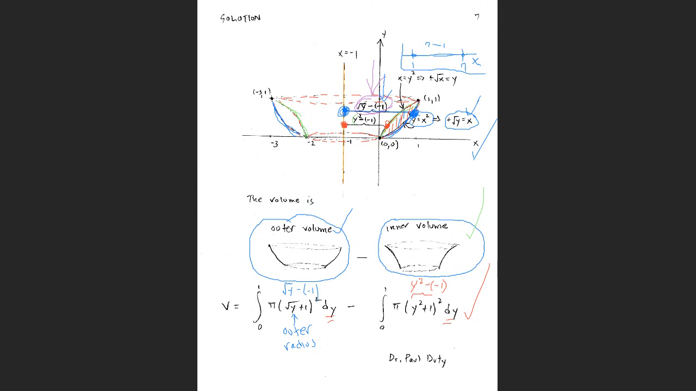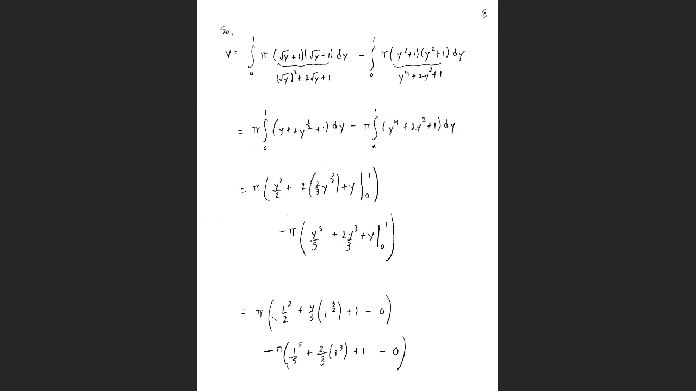Okay, well, let's evaluate this. And so we'll go to the next page. And I put in some details for you. Okay, so we had here the square root of y plus 1. Well, I'll write it in. We had here square root of y plus 1 quantity squared. So if we use FOIL, we'll get then y plus 2 root y plus 1. And similarly, that was for the outer volume. The inner volume